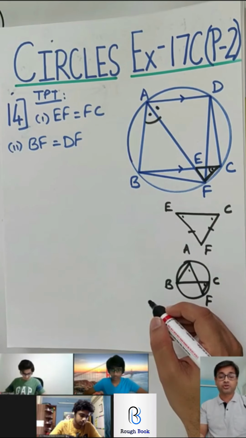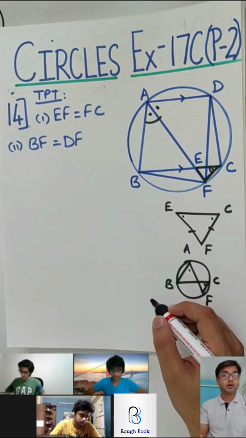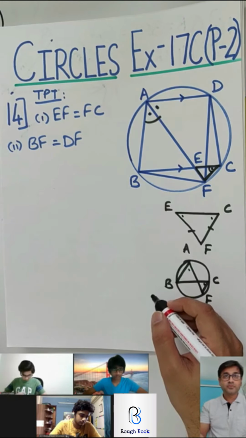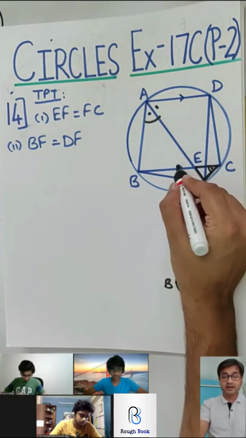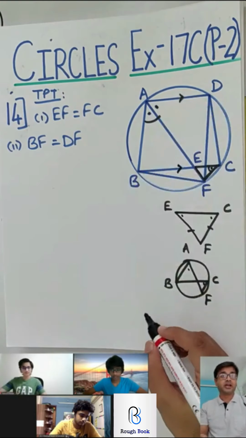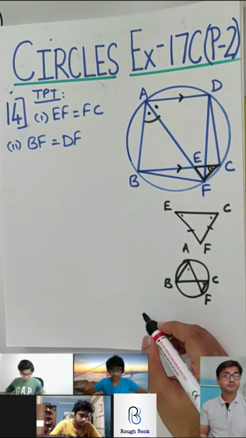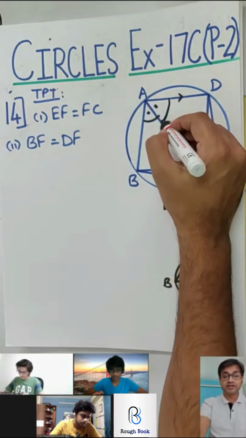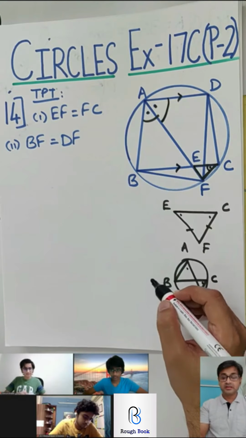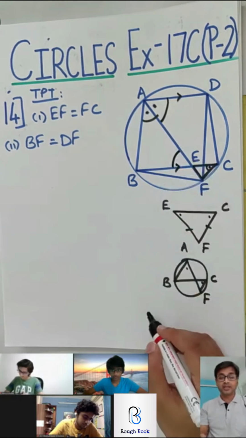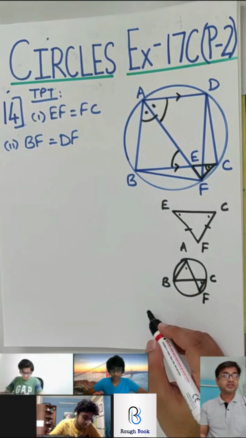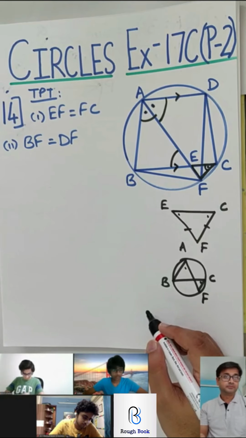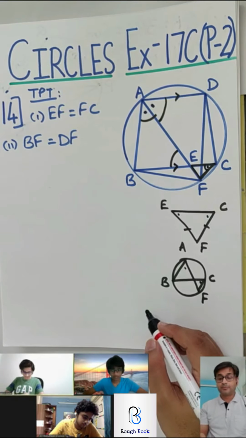So if anyone else wants to pick up this one, Balan or Bhakar, would you like to try? Can you see those parallel lines over there? So can you pick that up and that will help you probably. Yes, Bhakar. You want to try? DAE. Can you see that, Bhakar? DAE. Is it equal to some angle over there? AEB. Can you give us the reason, Bhakar, why is it equal? DAE equals AEB. Alternate angles because AD is parallel to BC.